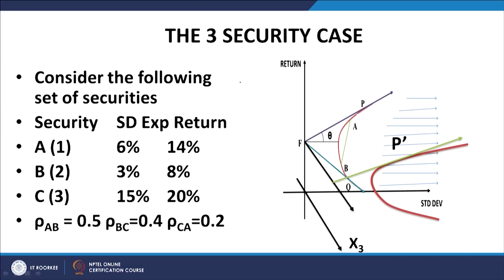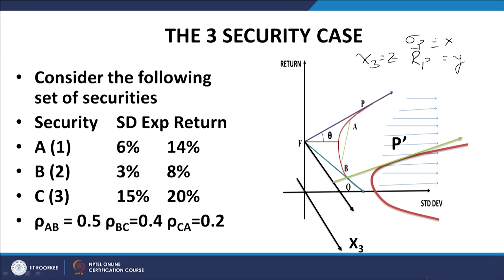Now, because of the 3 equations, we can eliminate 2 of the x's. Let us say we eliminate x 1 and x 2. So, what are we left with? We are left with sigma p, let us call it x, R p, expected return. I am writing it for brevity, you can use R bar if you like, which is y, and then we are having x 3 which is equal to z. These 3 variables are to be determined.